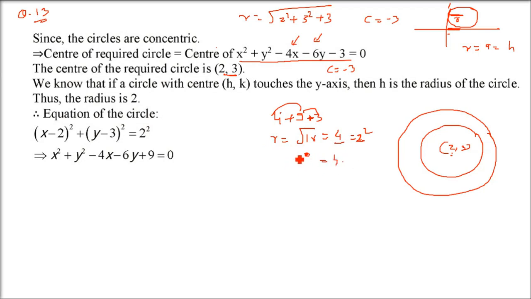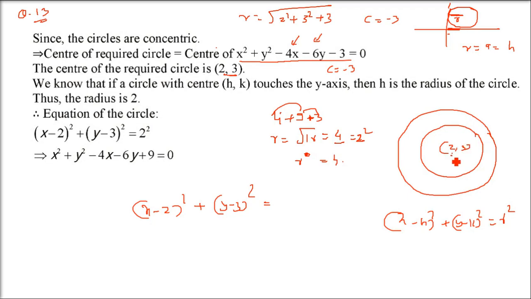So you don't have to worry about all these calculations which I am doing. Just radius is 2. And the center, as I told you, is minus g and minus f, that is 2 and 3. So x minus 2 whole square and y minus 3 whole square. And radius, don't worry about this 4, don't worry about any other thing, r equals under root g square plus f square minus c. Just take r as the x component. R square, this r is 2. So this is 2.